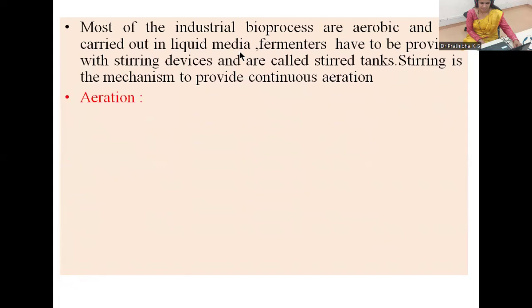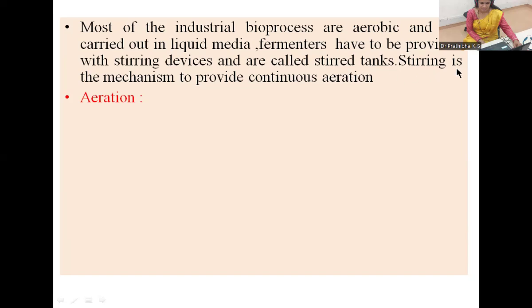information. Most of the industrial bioprocesses, whatever we are getting like microbial products, are obtained by using aerobic microorganisms. So most of the industrial bioprocesses are aerobic and are carried out in liquid media. Whenever we see liquid media, compulsorily you can see the impellers. Where impellers are there, spargers will also be there for the aeration. So fermenters have to be provided with stirring devices, that is the impellers, and are called stirred tanks. Due to the presence of stirring devices, we say that particular typical fermenter is a stirred tank